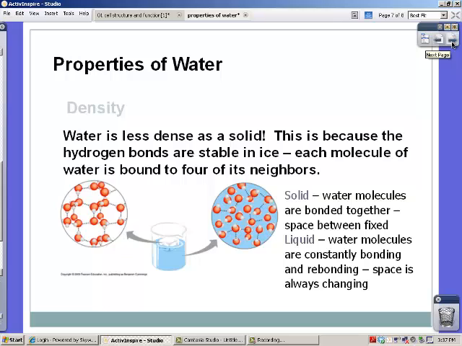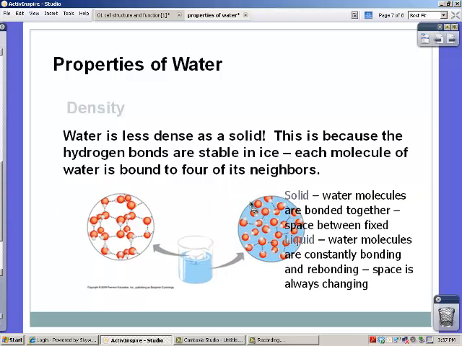Okay, the last property of water I want you guys to be familiar with is density. And so water is one of the very, very few things out there that when it solidifies or freezes, it will actually be less dense than its liquid form. It is said to be less dense. And when we say less dense, we simply mean by these two pictures that I have here. If I were to look at my fluid cup of water, okay, and I have down here my cup of water, and all of my water molecules